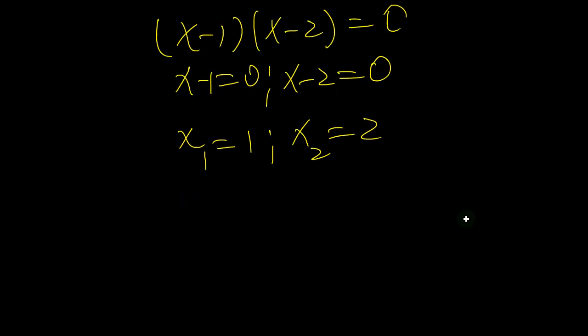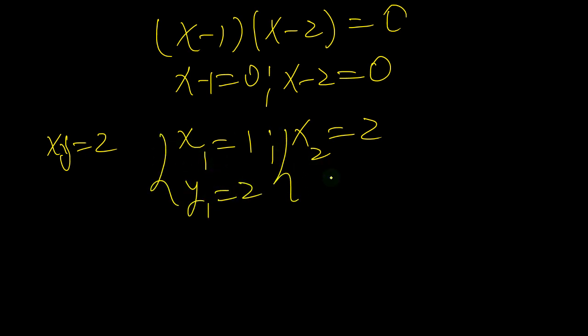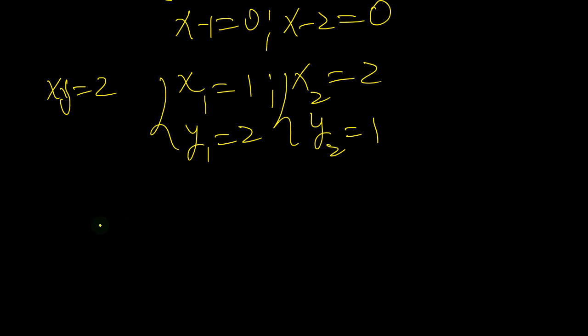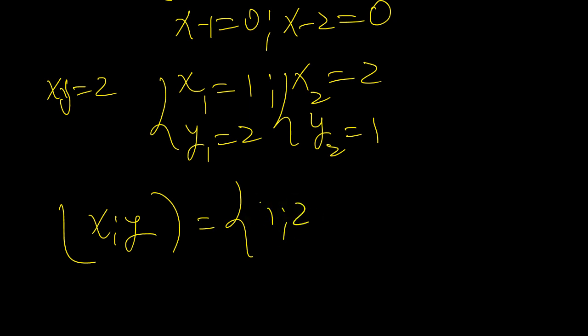It means that if x is 1, so y1 is equal to 2, and here if x is 2, so our y2 is equal to 1. So these are the solutions. So (x, y), right, we're gonna have then that this is gonna be (1, 2), or (2, 1). Okay,